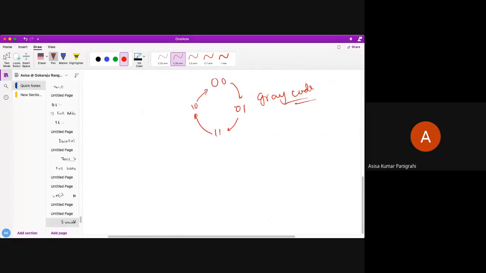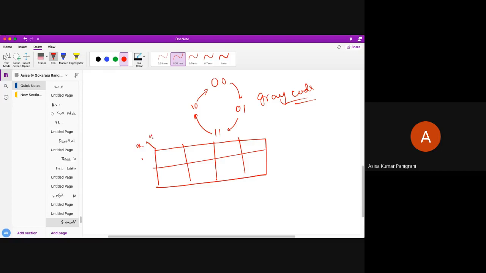So how will be my construction? My construction will be like this. So this is my x. So my construction, whatever I have done earlier for the KMap, is wrong. So this is my x, y, z. Or here y bar z bar, y bar z, y z, then y z bar. Okay. So which follows the gray coding 0 0, 0 1, 1 1, 1 0. Okay. So it follows the gray code sequence. Okay. So this will be my x bar and x.